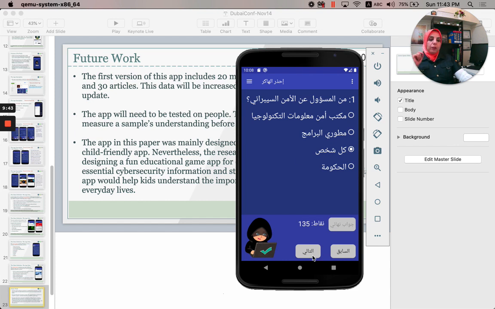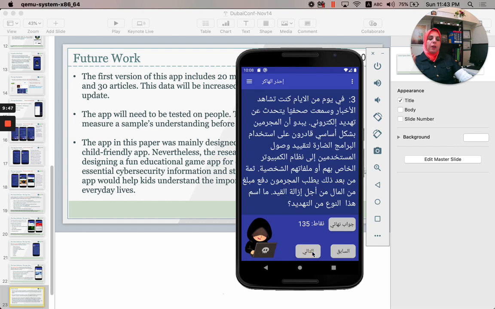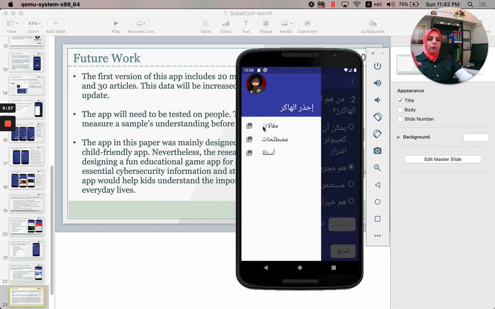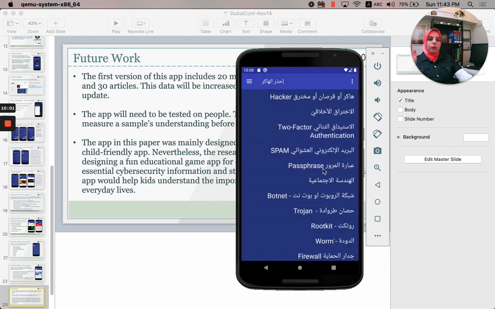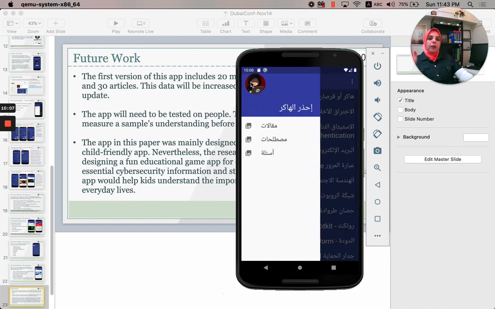So when we go to the next question, and try to give a wrong answer, now the score decreased. From this sandwich menu, we can go to the terms, and we have the term list. When we click on any of the terms, we will see the term details. We can go back.